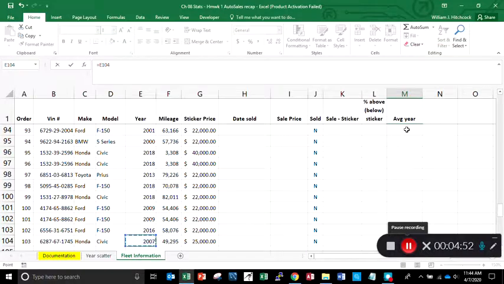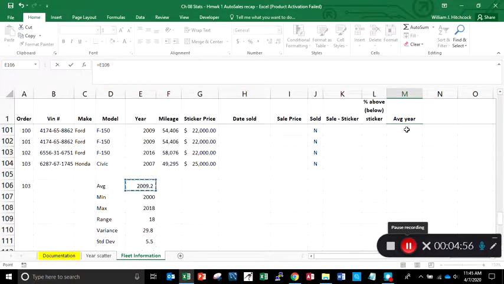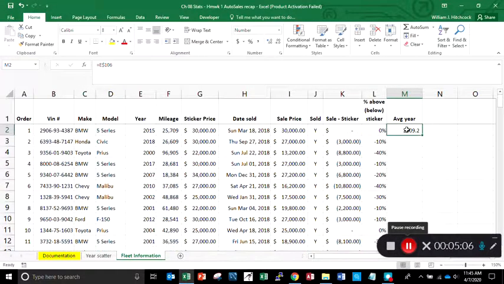Hit End and my down arrow key, it goes all the way to the end. There's the average in cell E106. So I always want to reference that cell. I'm going to hit function F4 once, twice to reference the row, hit enter, and there I've got